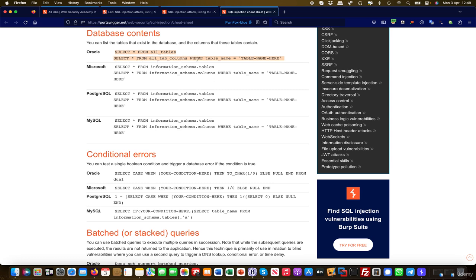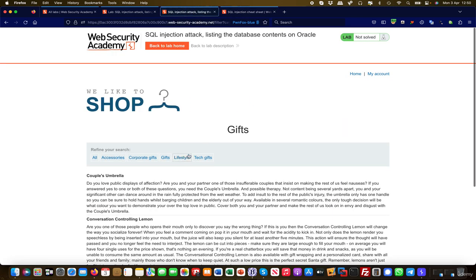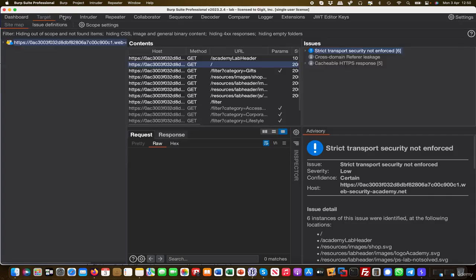you can see that if you use Oracle, the syntax is different. You have something called all_tables if you want to retrieve information from the tables, and once you have found the table you want to extract information from, you have a command like all_tab_columns where the table name is the table name you found with the first command. Like so. Let's get started here, and we go over to gifts, and I've prepared a couple of